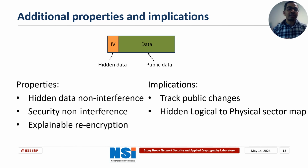Security non-interference, again: if the sector's IV contains hidden data and you want to update the public data in the sector, you cannot reuse the same IV to encrypt the new public data, because reusing an IV is not a good security practice. Explainable re-encryption, again: if the sector's IV contains hidden data, and this time